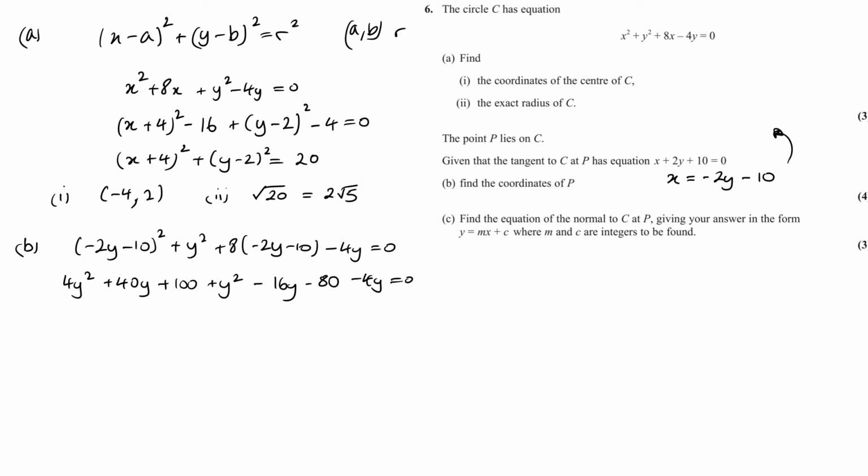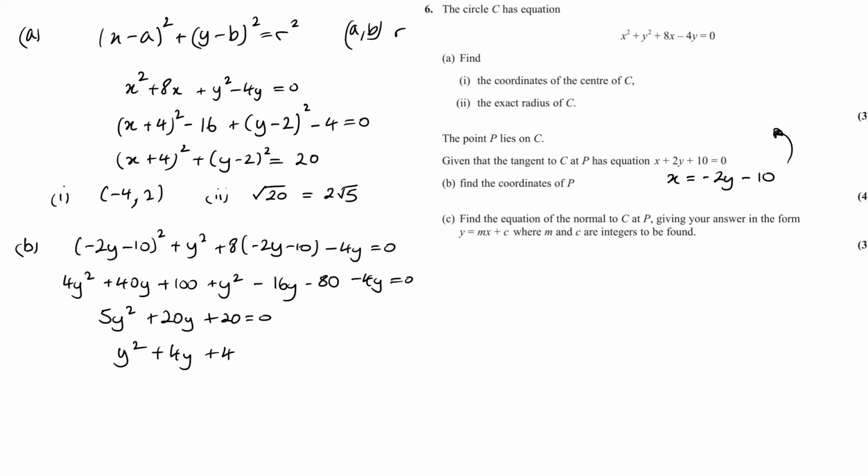So let's sort this out. We've got 5y squared, yeah, then 40y, and then we've got 16 and 4, so that's minus 20 plus 40, so it's just plus 20y, and then I've got 100 minus 80 is plus 20, and I can divide by 5, so we get